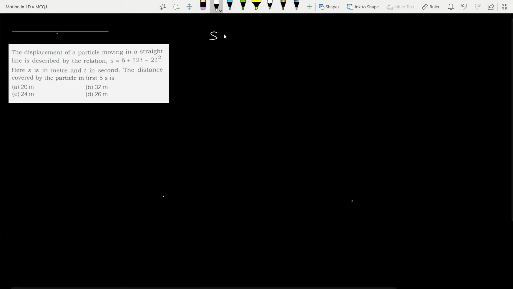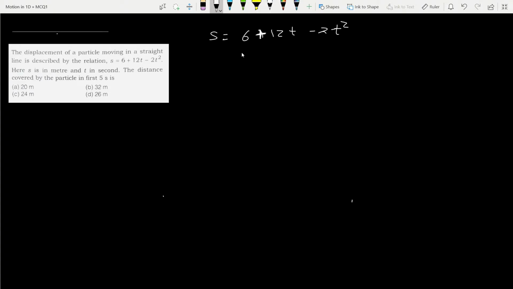So we are given s is equal to 6 plus 12t minus 2t square. Notice that this is a relation between displacement and time. It is not the relation between distance and time. And also we know that distance is greater than or equal to the displacement. Now this is an important point, that distance is always